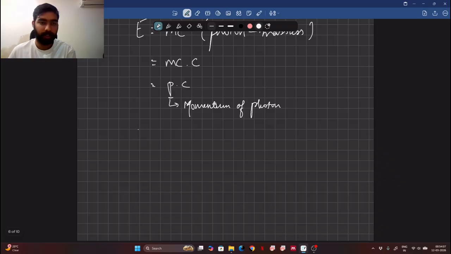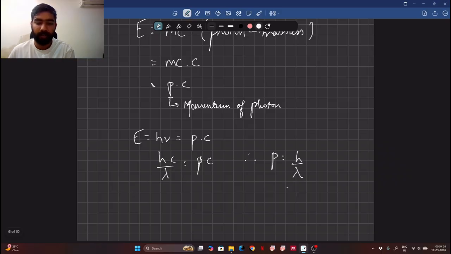We know that generally E is equal to h nu, so h nu is hc by lambda, which is equal to pc. Therefore, p is equal to h by lambda. So p is equal to h by lambda is for a photon